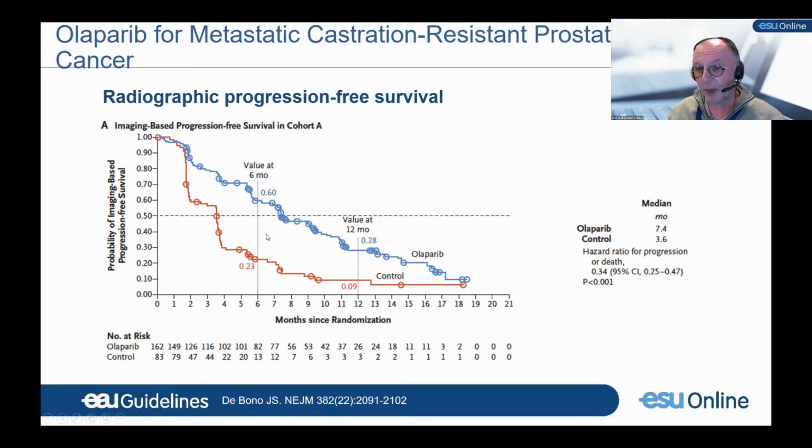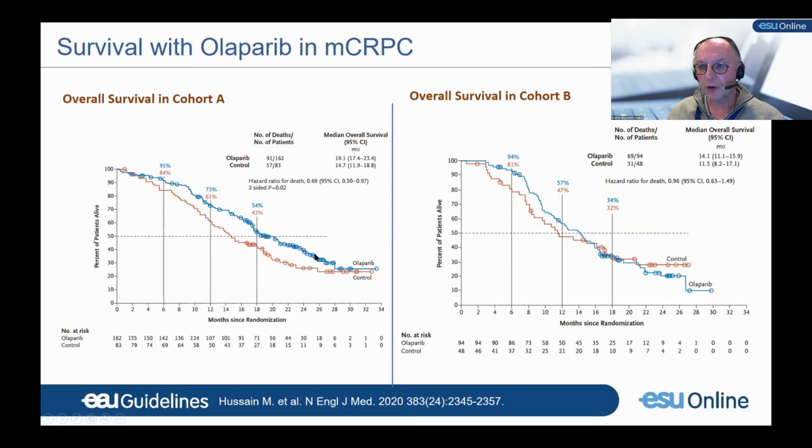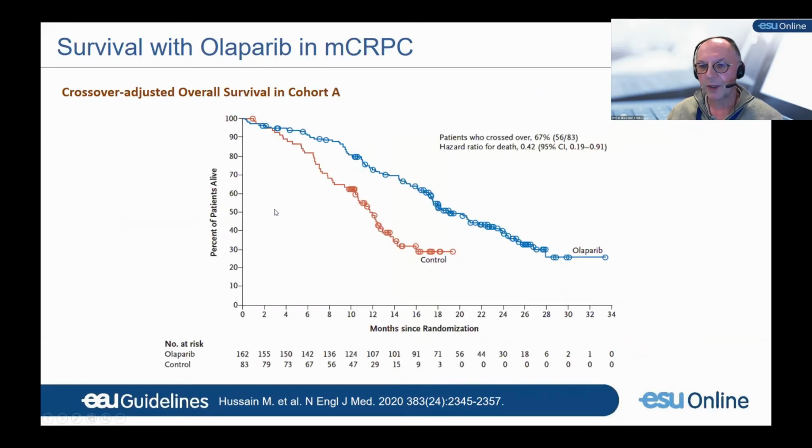So that's basically doubling the PFS in a group of patients that have been severely pre-treated. Although this was not the primary endpoint, the overall survival was expected very eagerly and was reported by Maha Hussain in the New England Journal of Medicine in 2020. And you see that you have a major benefit in overall survival with a reduction of 30% for cohort A, meaning BRCA1, BRCA2, ATM. It's unfortunately not the same for cohort B. So that study actually included a lot of crossover, so it was normal to adjust overall survival for crossover, and when you adjust overall survival for crossover, you've got a reduction of around 60%, so a very major effect